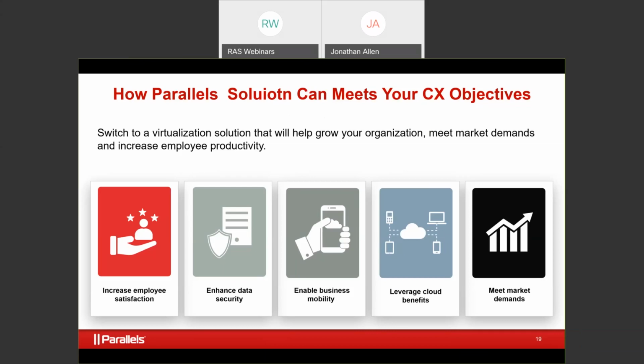It allows you to leverage the benefits of the cloud, which then provides you a CapEx reduction, right? So capital expenditures for servers and everything else reduce, so you can utilize those budget items for other projects within your IT organization. Maybe custom development, maybe other things that you want to do. Maybe you want to create your own cloud-based application. So the ability to cut those budget items is important for you. And obviously meeting market demands, making sure that your business is ready to respond in real time. This is one of the ways that we can help you with that.